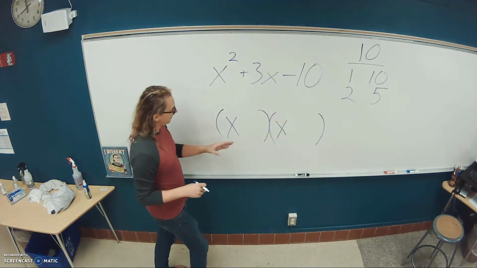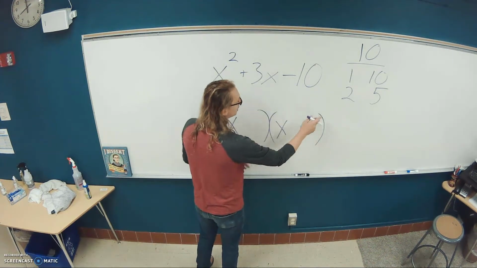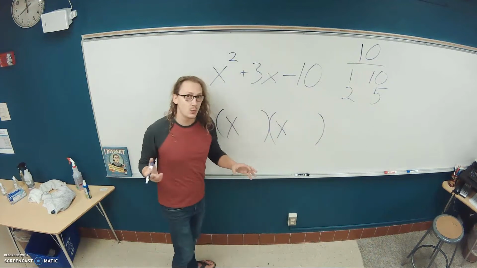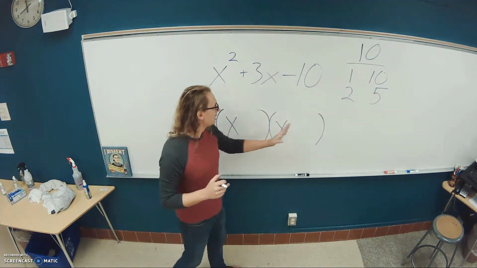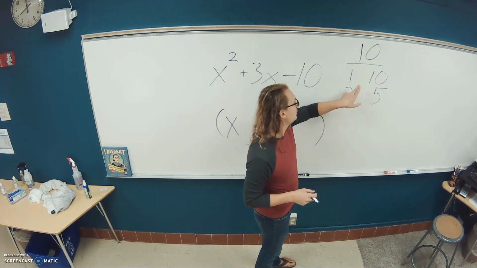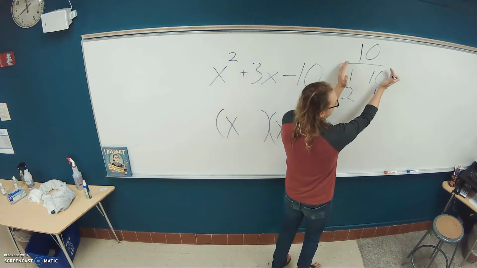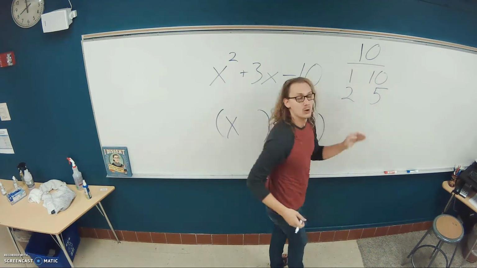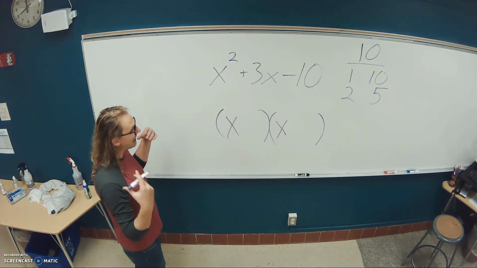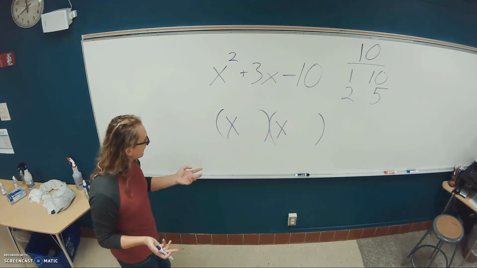So we know that these two terms are either going to be 1 and 10 or 2 and 5. We don't know which yet, but we know it's going to be some combination of those. It will not be 1 and 5 or 2 and 10. It has to be this pair or this pair. We just have to figure out which one. Okay? And the way we do that is we stare at it for a little bit, intently,